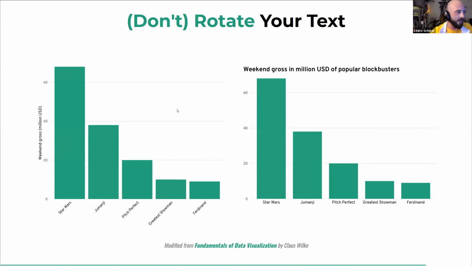Okay, and then the last thing is don't rotate your text. I think this is an easy tip one can do and learn by heart. This is just a technical thing. What people tend to do if titles get too long is put an angle in there, and depending on the angle and the tool you use, it might even look a bit crappy, but it definitely will make you tilt your head. And also on the y-axis label, we already get used to it, but this is,